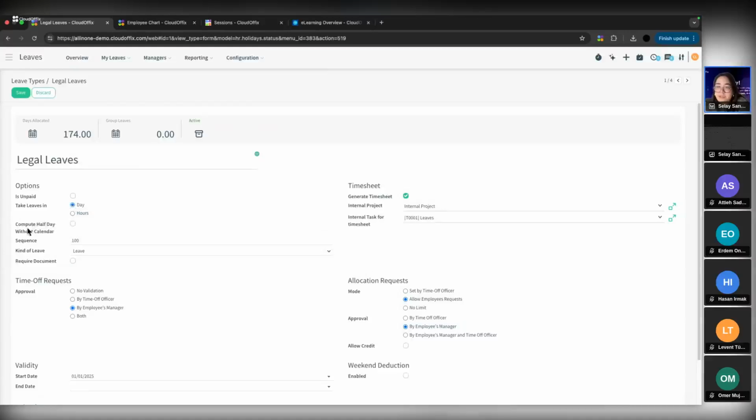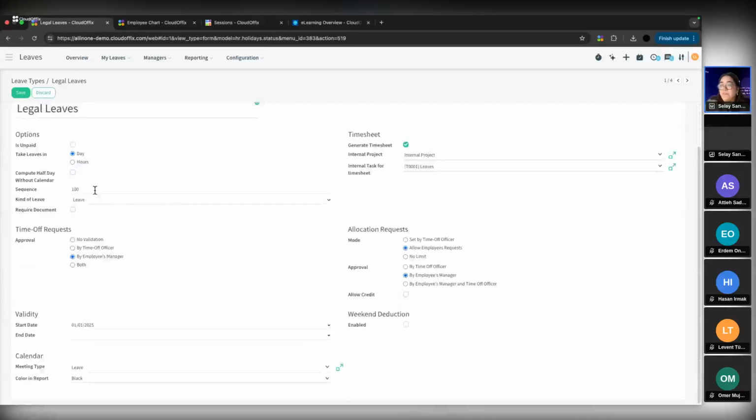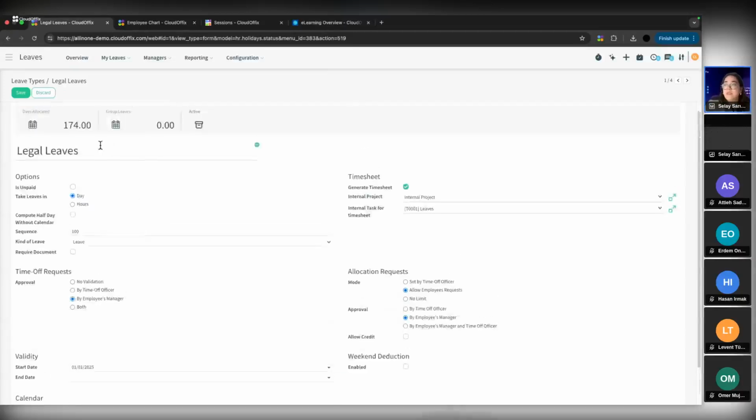And for days, you always have the option to compute half day. So when the employee clicks on half day, let's say they will be using their leaves until like midday. So they can request a half day with that button on the leave request. And you select whether it's a leave or other type of thing that they're absent, so you can define it there. And since, let's say it was a sick leave, you can require a document,